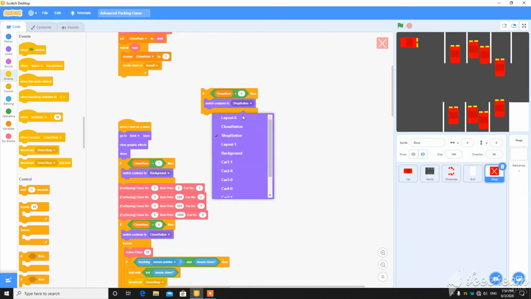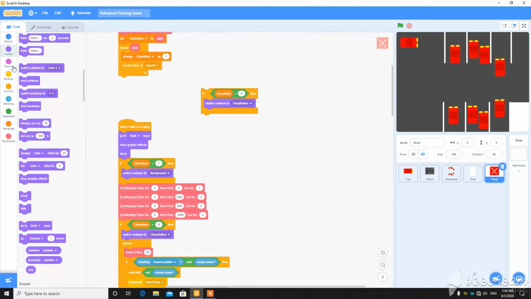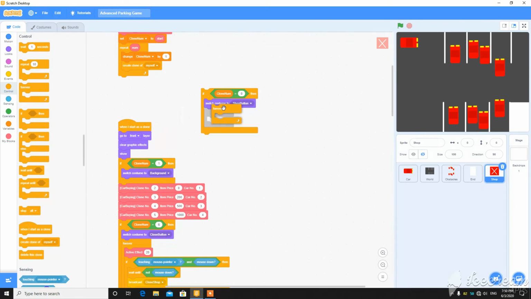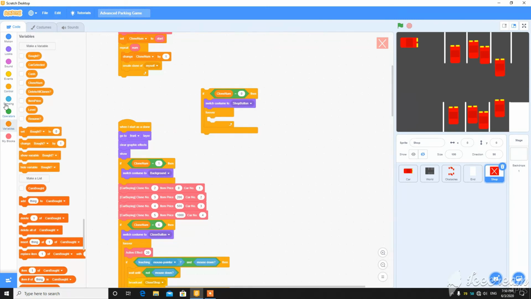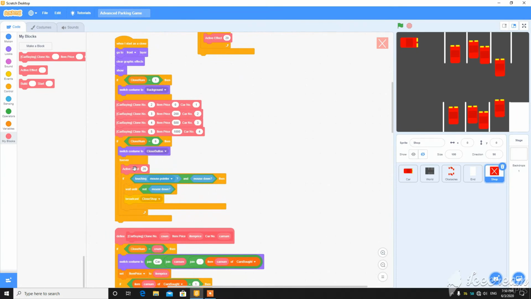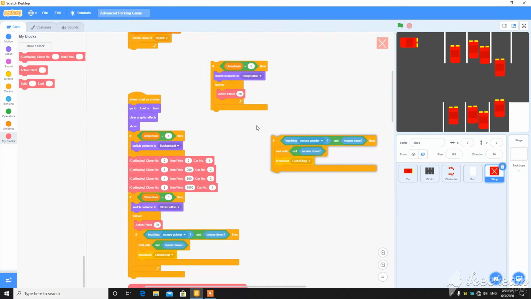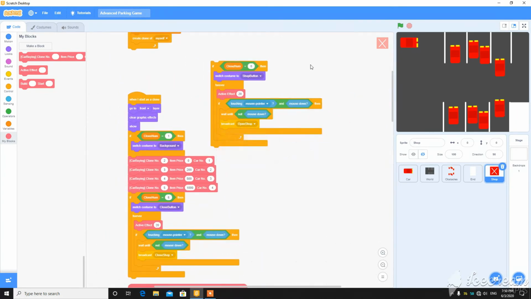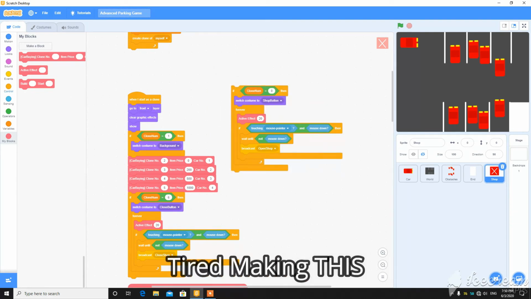So when the clone number is 0, switch to costume shop button and then add the active effect in the forever loop. Active effect 20 and the same thing here, and just set it to open shop.